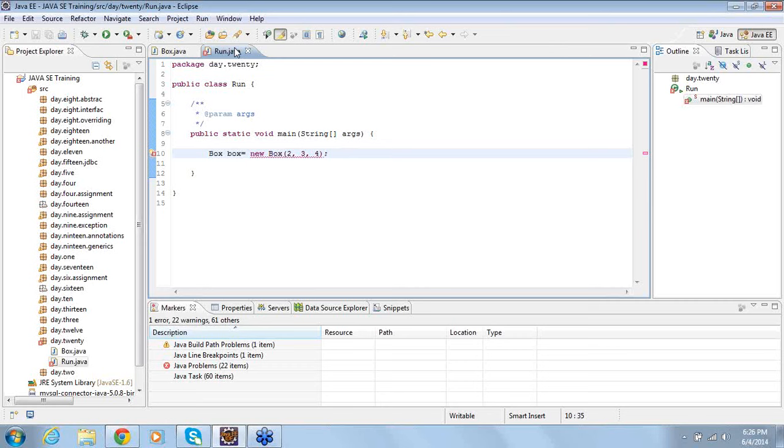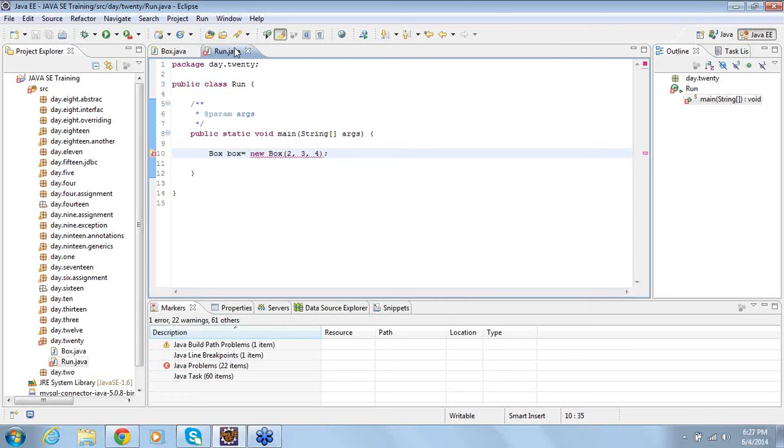So we can use the private keyword with the constructor, but what is the impact? The impact is it won't allow you to create an object of the class outside the class.